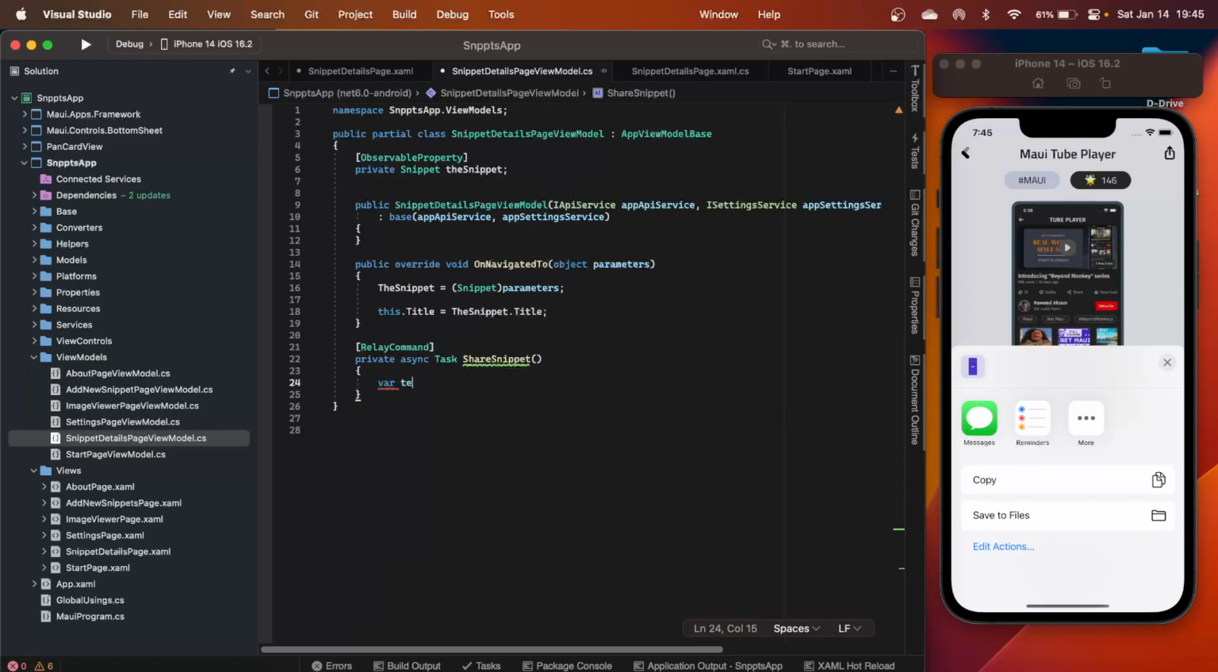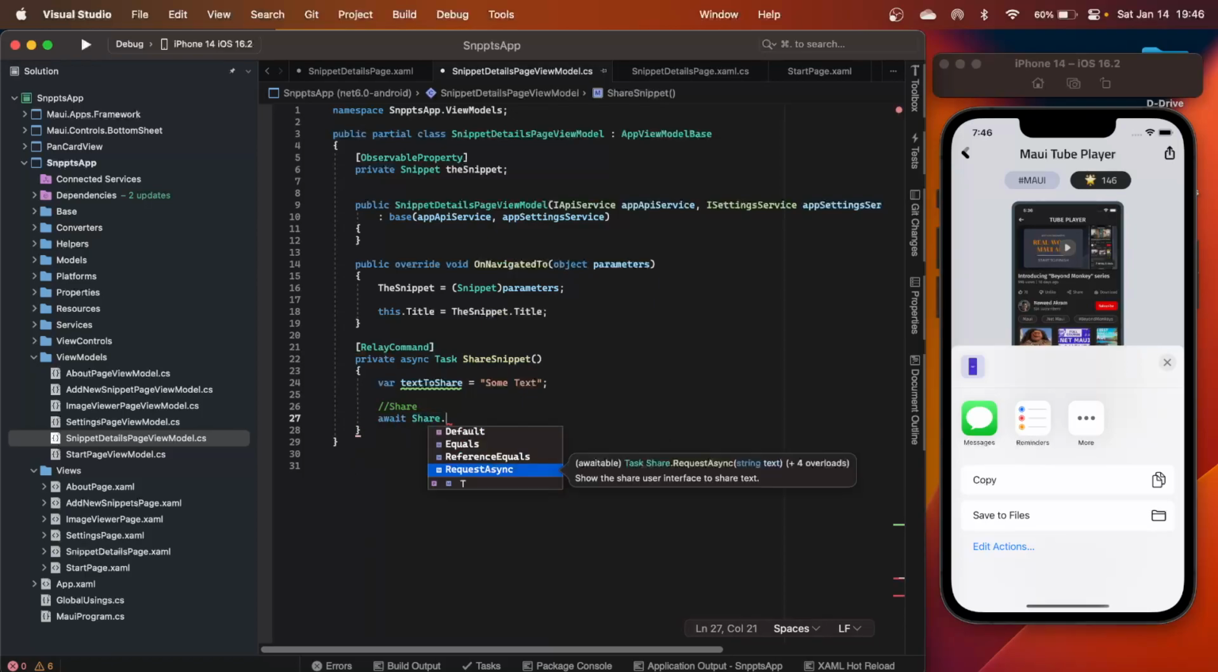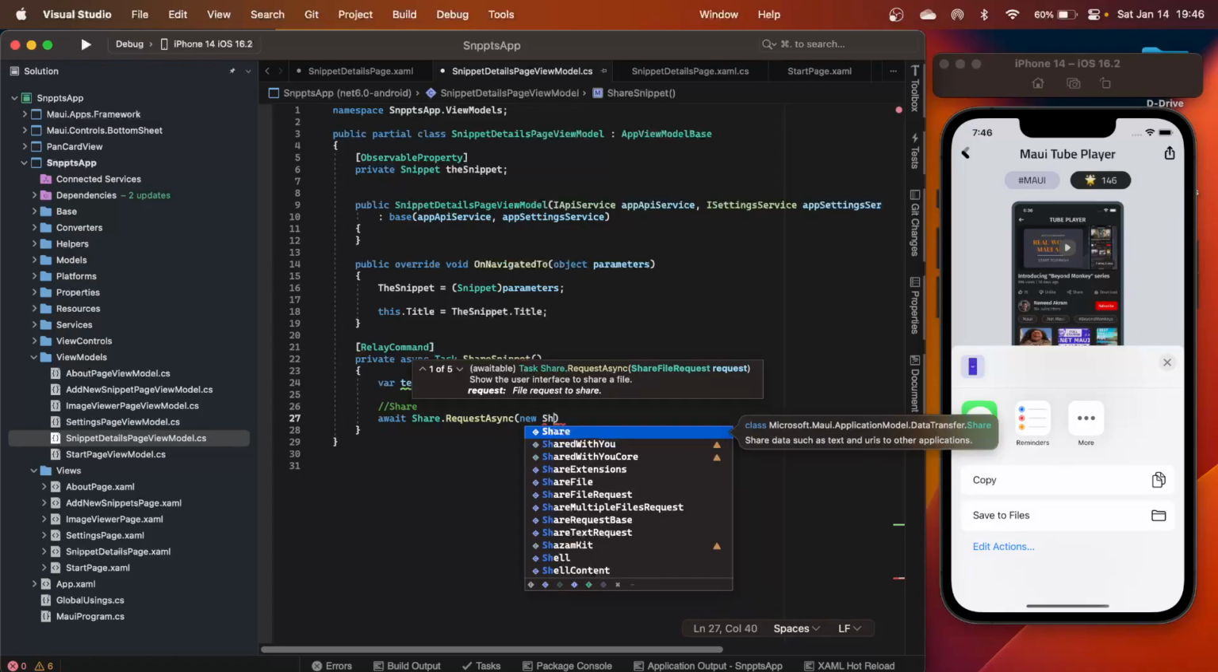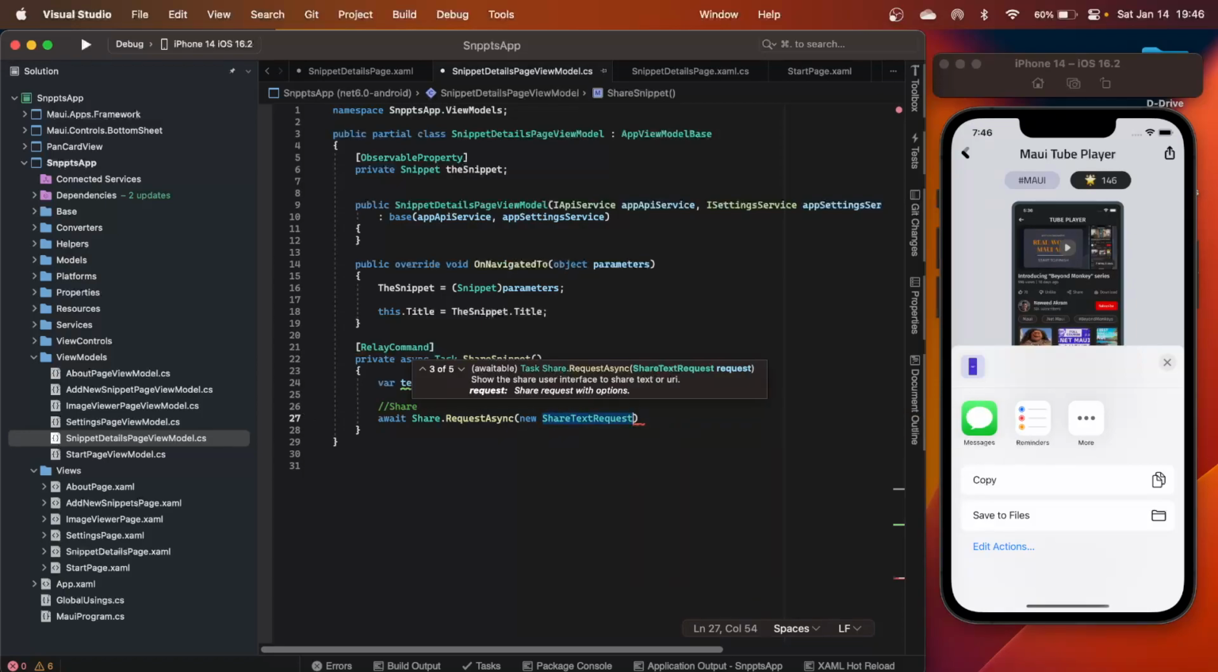To implement the functionality, I can say string text to share equal to some text for the time being, and then use the share request functionality, which was earlier part of Xamarin Essentials, but now has been brought into .NET MAUI itself. So I can share this. What I can do is say await Share.RequestAsync, and it has to be a new ShareTextRequest, and the parameters that it takes is,